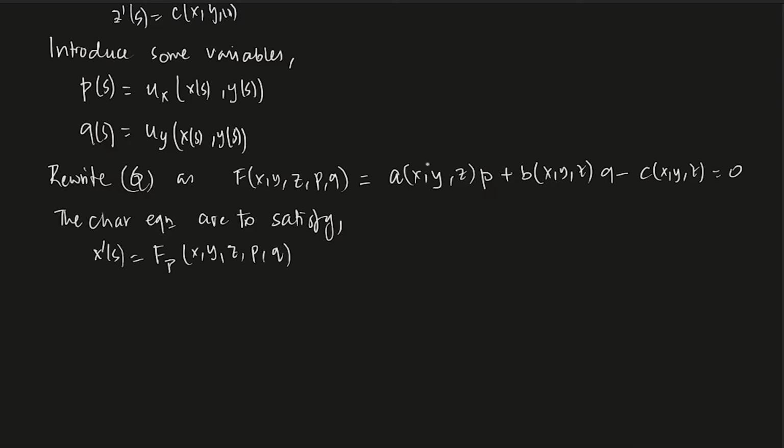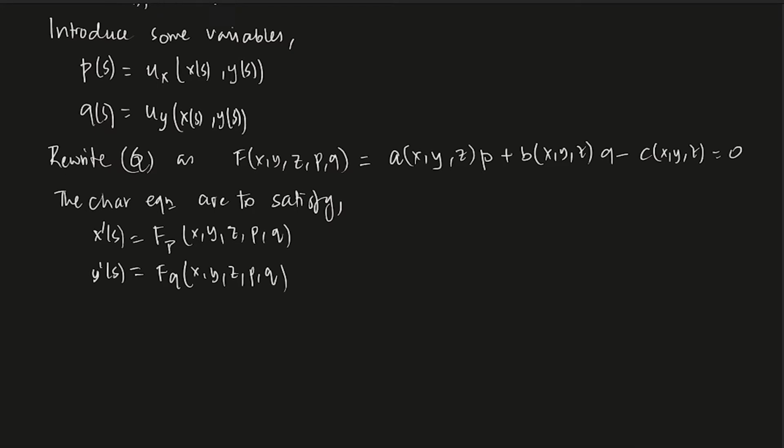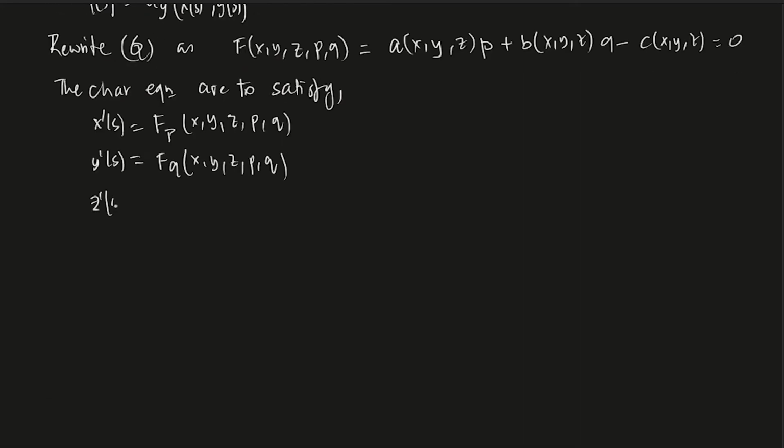So it's just a times the derivative of p with respect to p, which is 1. So x prime of s is a. And what is a? a is f_p, right? That is why we are just writing this in terms of f_p. And similarly, if you want to write y prime of s, what is it? It is f_q at the point x, y, z, p, q. Now let's see what z prime of s is.